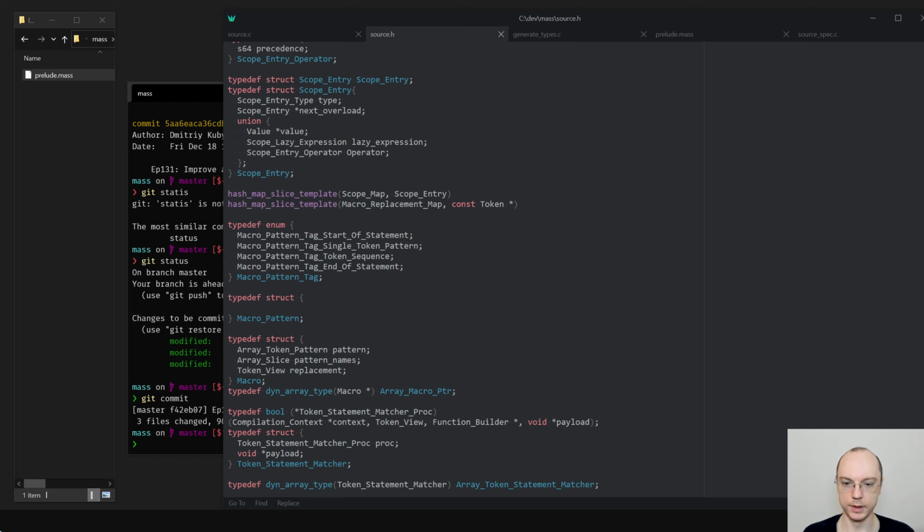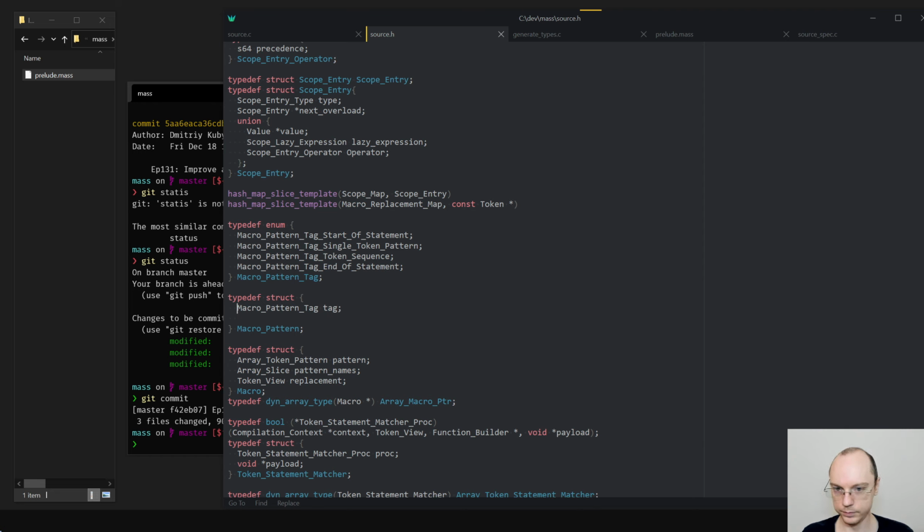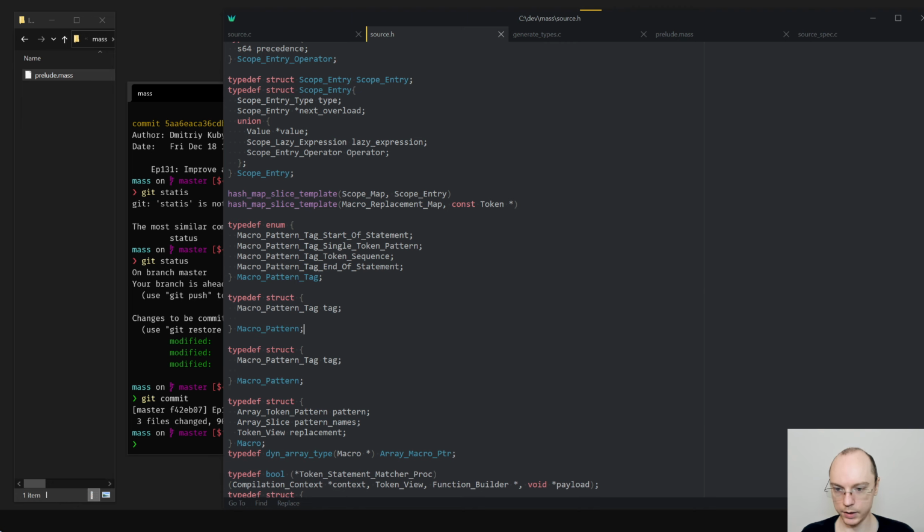That seems nice. So we'll have to say macro pattern tag, and then for start of statement and end of statement, we don't need to do anything, but we do need to have some stuff for single token and token sequence.